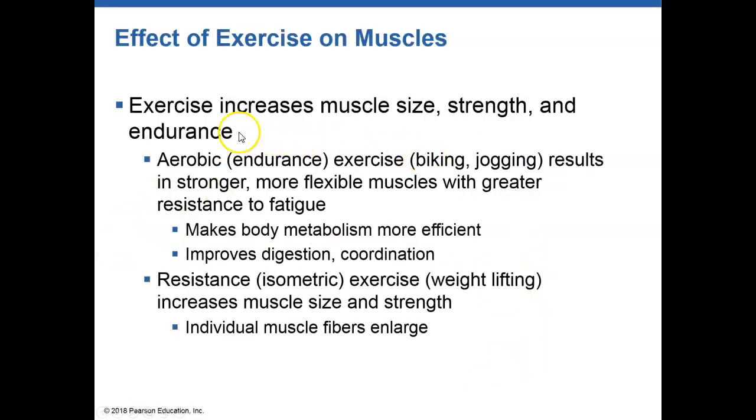All right, the last, so I'm sorry, one more thing. I said that was the last, but one more thing. How do we increase muscle size or strength? There are two different ways. We can do it through aerobic exercises or resistance exercises. Aerobic exercises are things like running, jogging, biking, walking, anything that increases our heart rate is considered an aerobic endurance exercise. And this allows us to increase our metabolism, as well as it improves